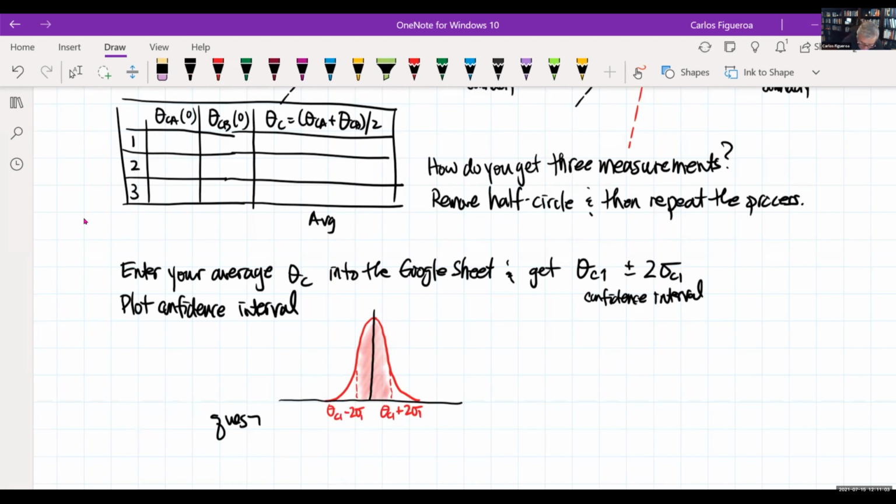Okay, so now let's go to method 2. Method 2 is a pretty interesting situation. And so what we're going to do here, let me,